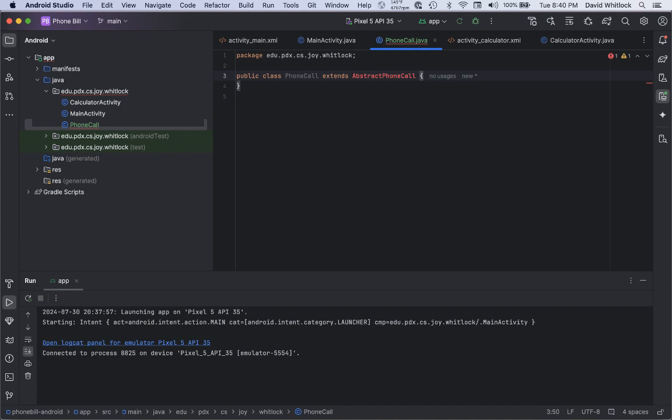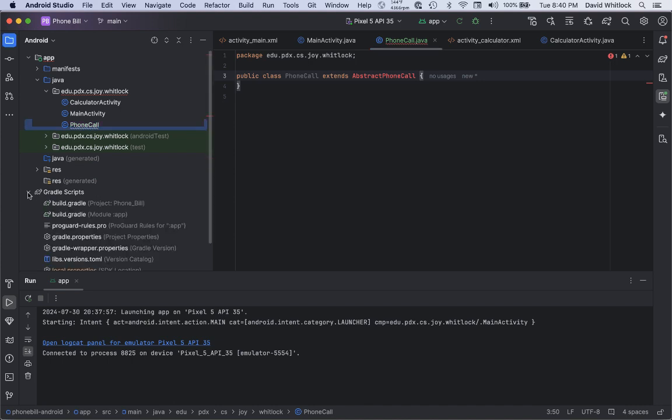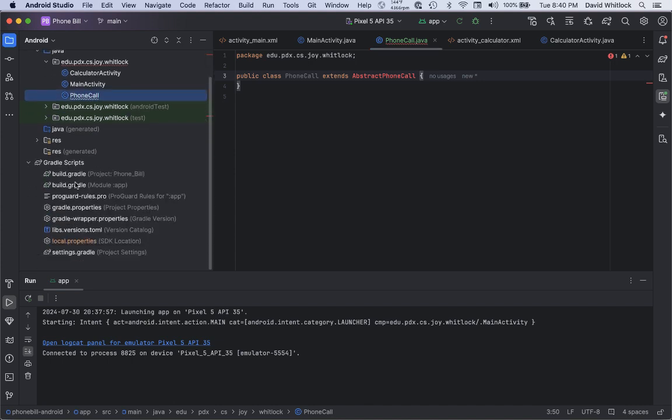Well, the reason it doesn't know about it is because when we created this project, we didn't tell it about any of the code for the class. We just started. It has a whole bunch of Android code, but it doesn't have any extra information about the class, about the course, right? So I'm going to go to the build.gradle in the app module,